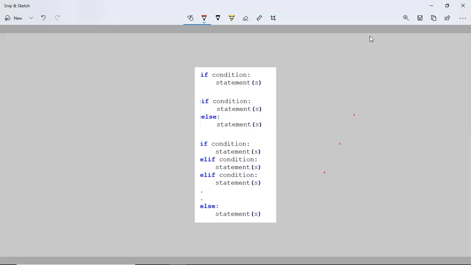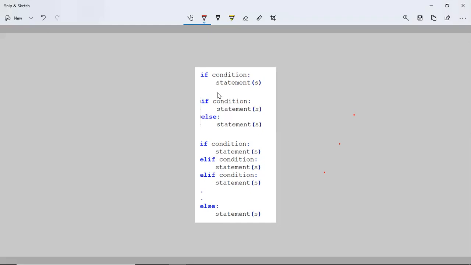If there are more than two mutually exclusive conditions involved, if we are classifying, for instance, grades of students based on their marks, we are talking about a mutually exclusive situation with greater than two conditions because grades will generally range from A to F and a student cannot have more than one grade at a time. Such situations warrant the use of if, elif, else block.